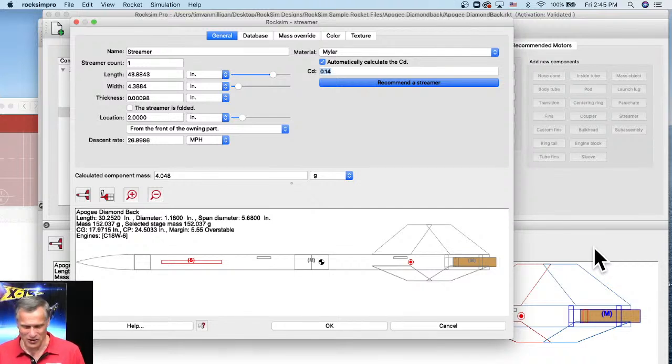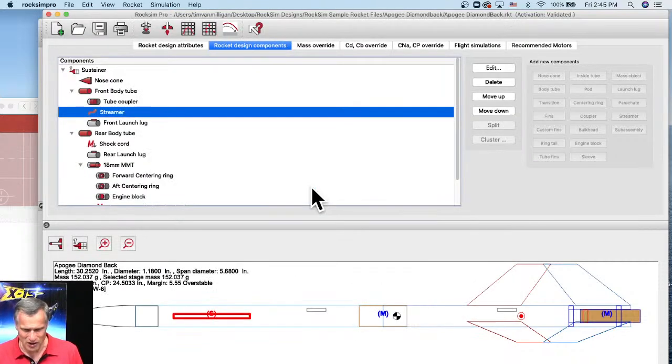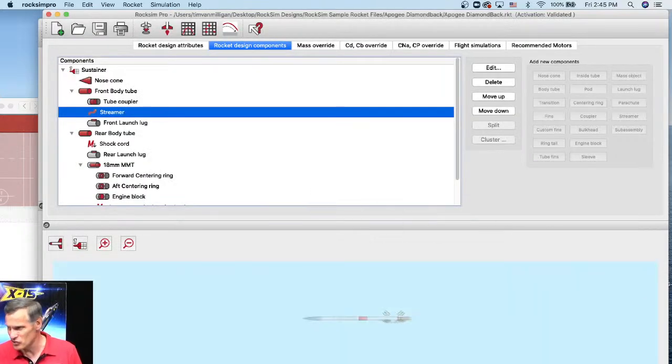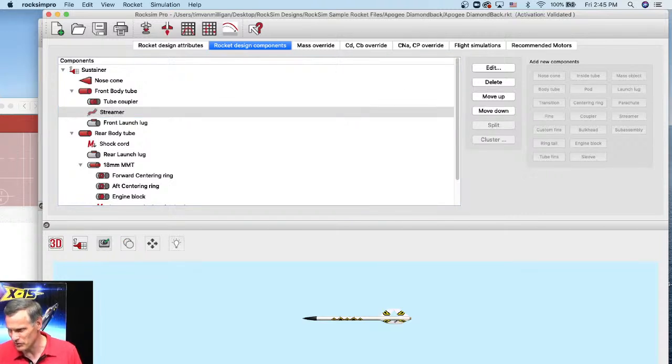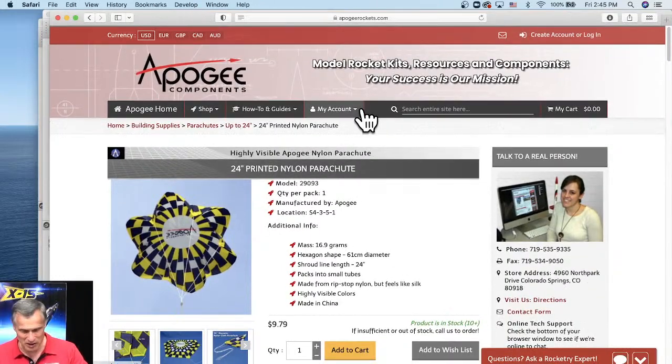Okay, so the other question he had was about ejection baffles. And his question was, are there pre-made ejection baffles in RockSim? And the answer is no. There's not, because they're so easy to make. If you look at ejection baffles, like here on the Apogee website,